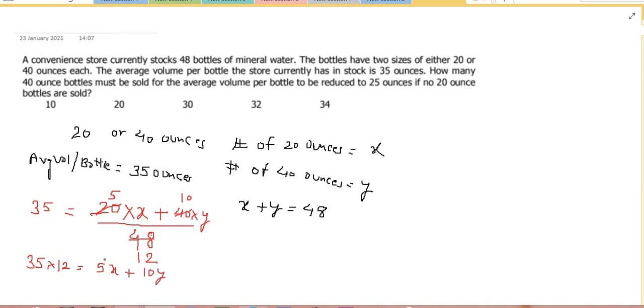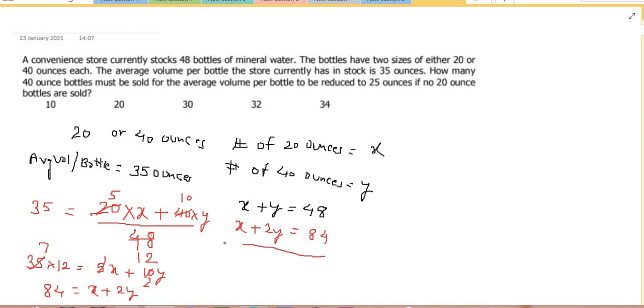Okay, we can further simplify it. We can cancel out 5s. So this 5, this will be 2 times and this goes for 7 times, right? So now 12 into 7 is going to be 84, equal to x plus 2y. Okay, so you see now you have two equations in terms of x and y. So now let me write this equation here. So we know that this is x plus 2y is equal to 84.